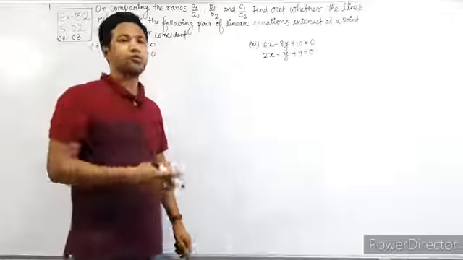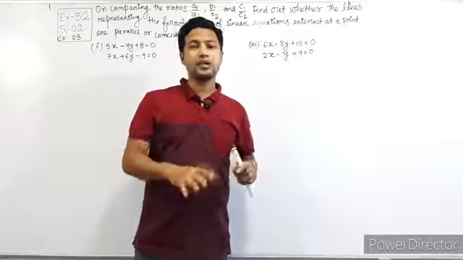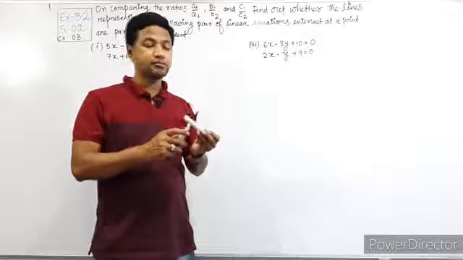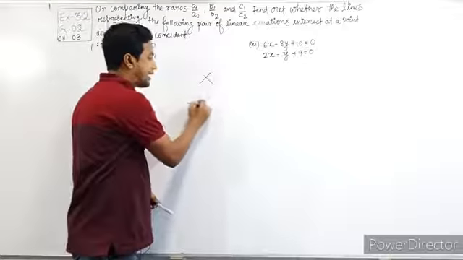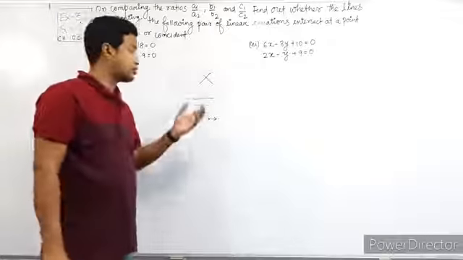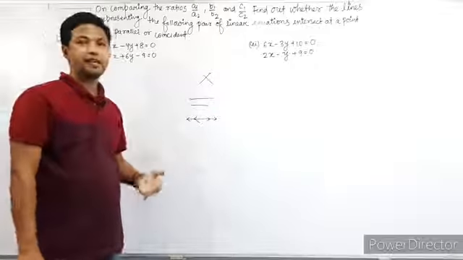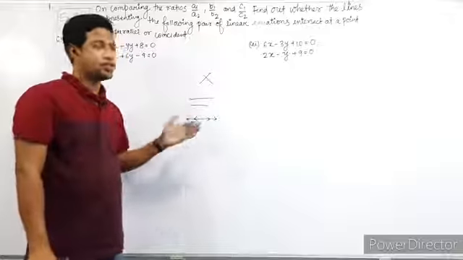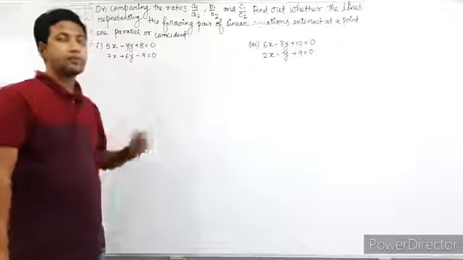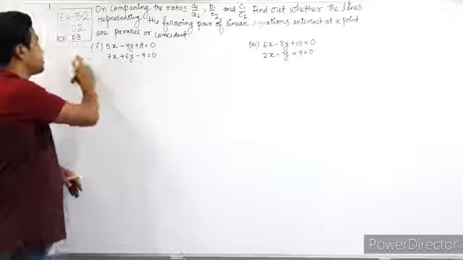So, in our previous video we have studied some cases related to that, how you are going to identify that the graph of any pair of linear equation will be an intersecting line or a parallel line or coincidence line. That thing we are doing when we plot the graph, but in today's video we will easily identify whether it will be what. So let's find out by the question. It's told that we have to compare the A1 by A2, B1 by B2 and C1 by C2. So let's go for the first one of question number 2.